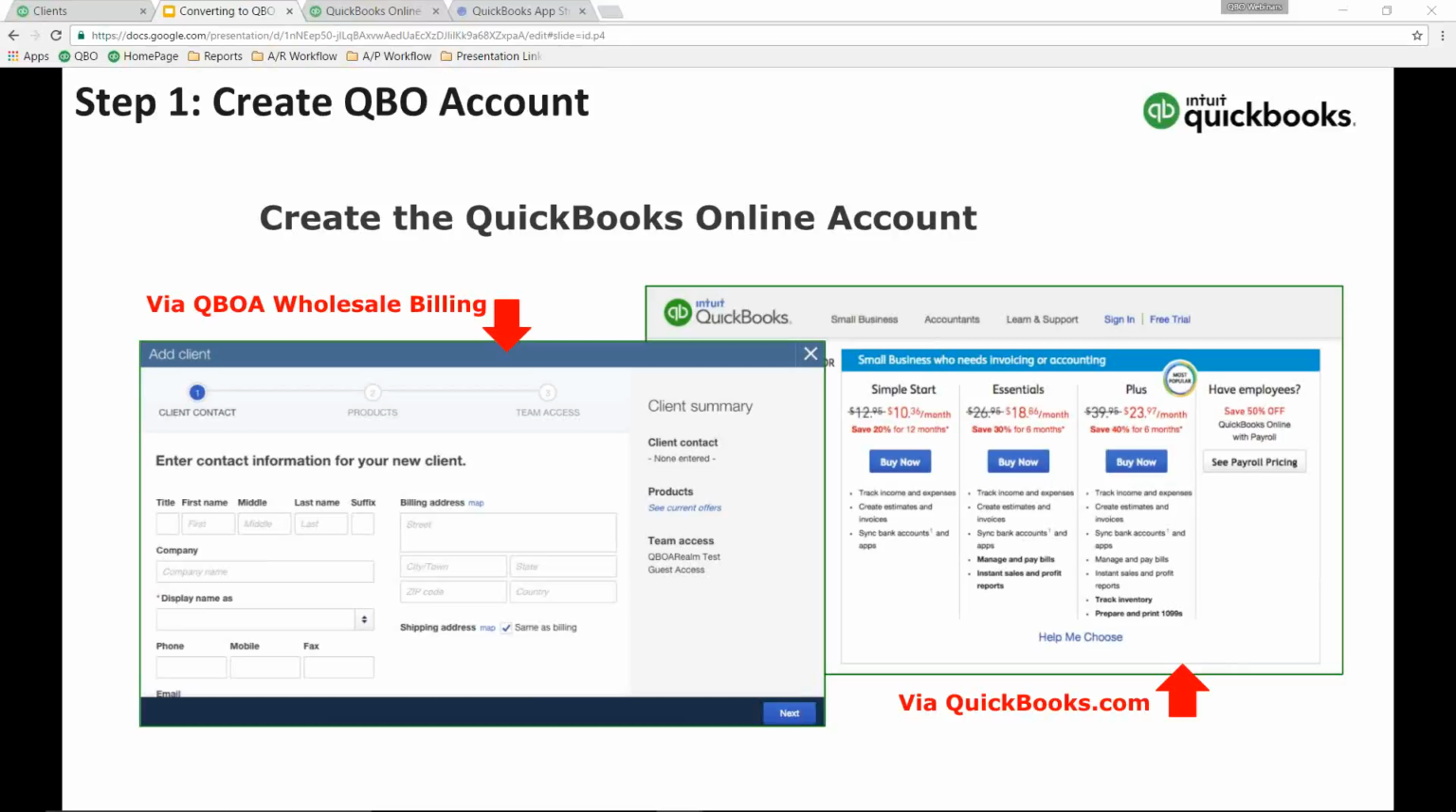The other option is you can sign up for this subscription via QuickBooks.com. If you're not using wholesale billing, this is a little confusing, you can still create the QBOA company, the QuickBooks Online company inside QBOA, and just choose to have the client paid directly. One of the advantages of going out to QuickBooks.com and signing up there is that you'll get that 30-day free trial. So if it's a situation where you want to make sure it's going to be suitable for your client, you may want to go ahead and go out to QuickBooks.com and start the trial there, and then add yourself